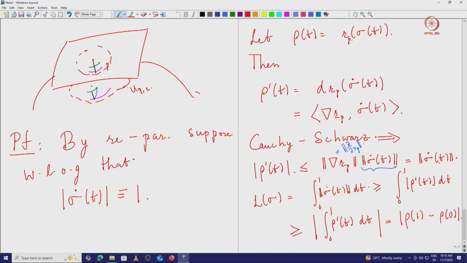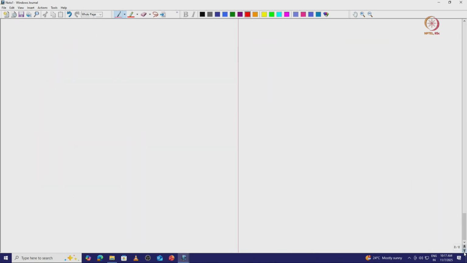This is exactly what the lemma claims. Also, when do you have equality? So equality is when these are proportional to each other. So the equality in Cauchy-Schwarz, if you remember, happens if the two vectors are proportional to each other. So equality if and only if